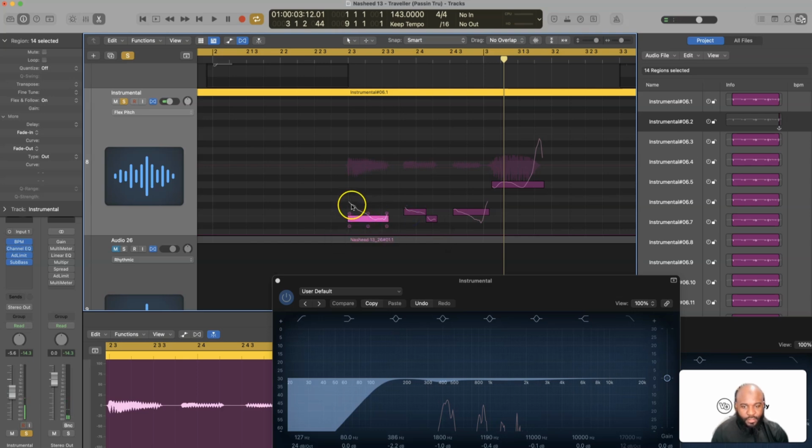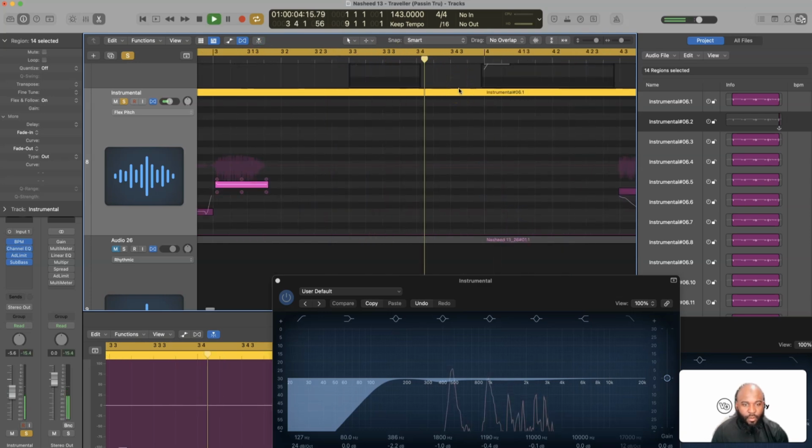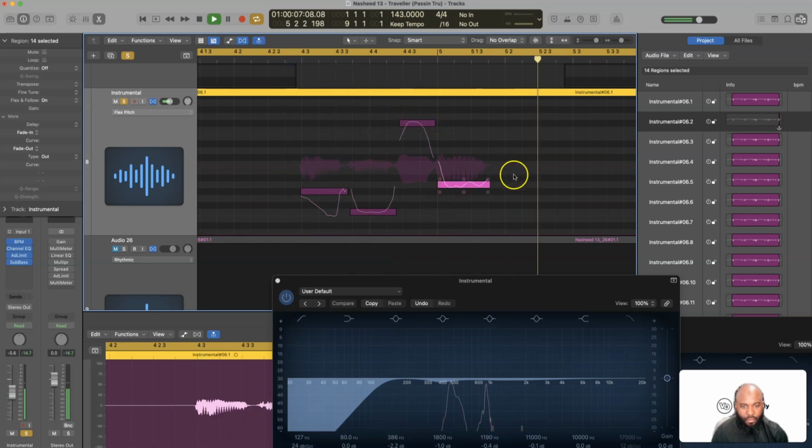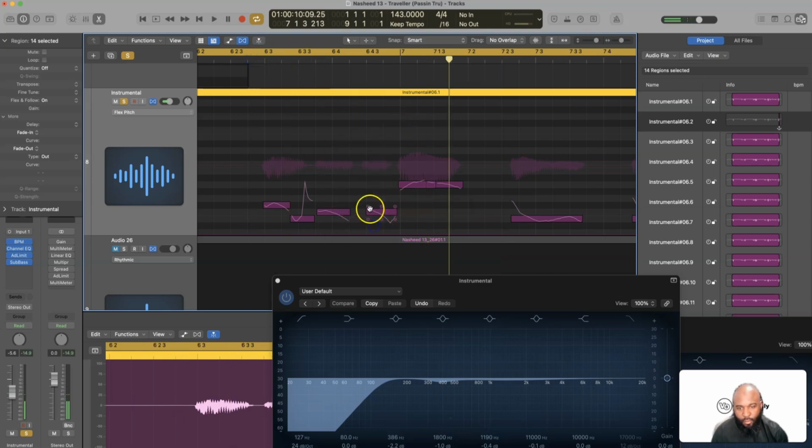So because this starts up here, it's giving the effect as if this is the right pitch, but it's not. So I'm going to take the vibrato down, make that normal. Take that off as well. Hear that? Maybe bring the vibrato of this down a bit. There we go. That's cool. So these are a little bit out in terms of